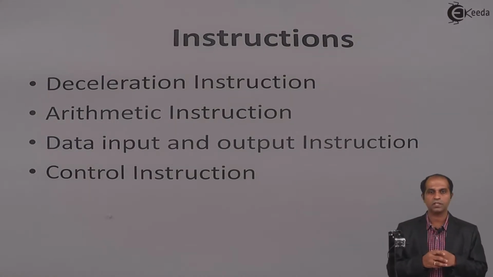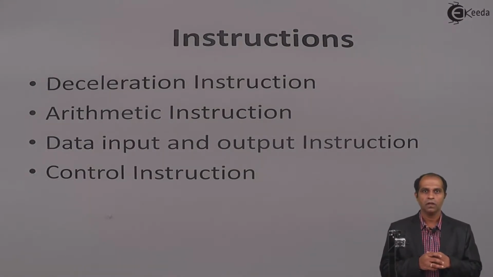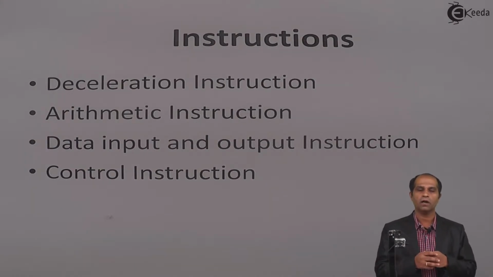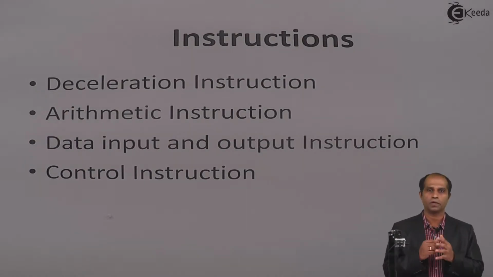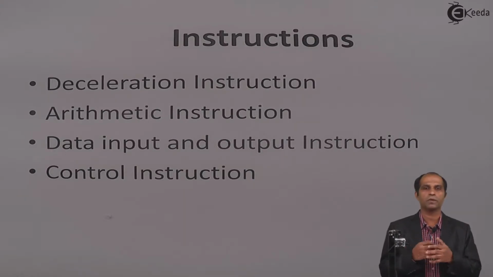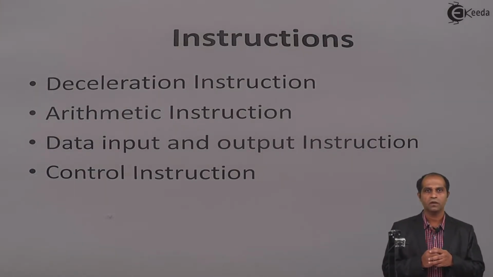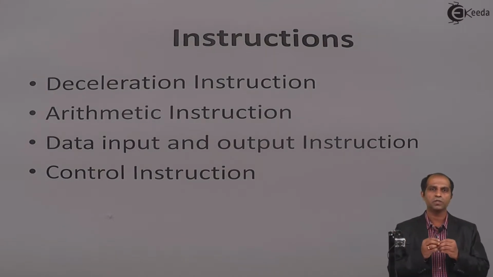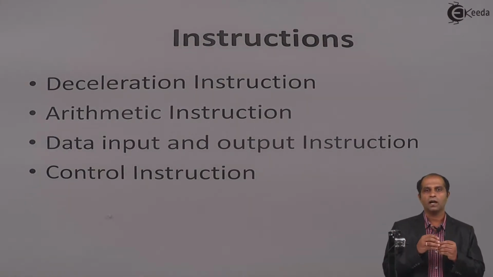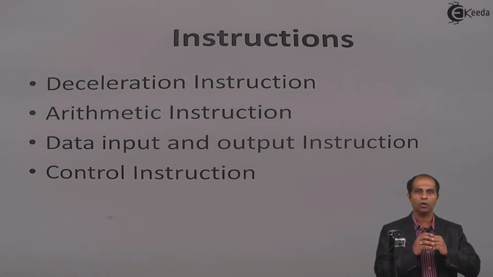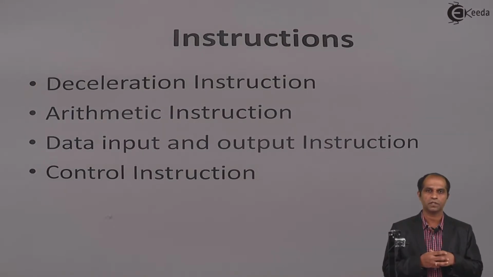The second set of instructions are arithmetic instructions. Whenever we write a program, it will have a collection of various arithmetic operations, various relational operations, various conditions. The conditions we are going to design using these arithmetic instructions. An arithmetic instruction can be as simple as addition of two numbers, or it can be a very large condition using various mathematical and relational operators. The relational operators, the logical operators, all will be used to form these types of instructions.